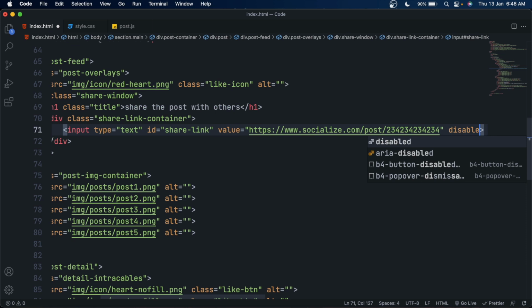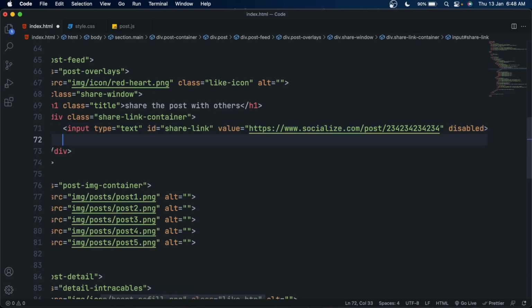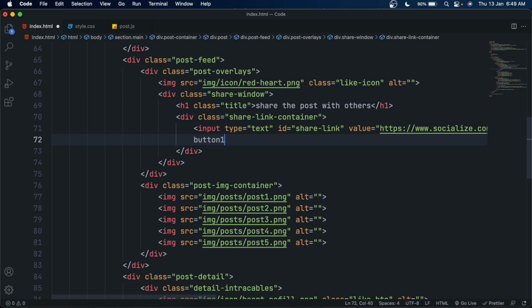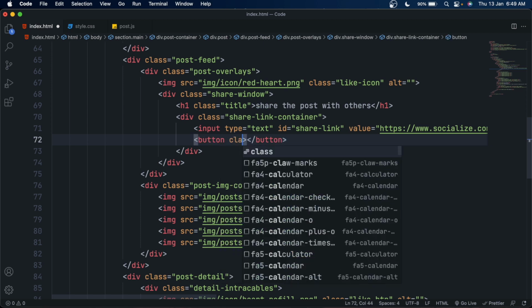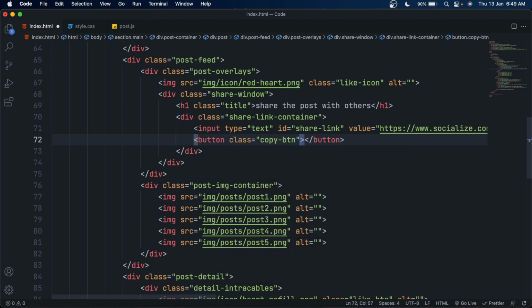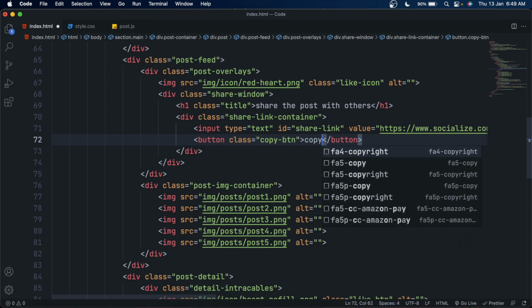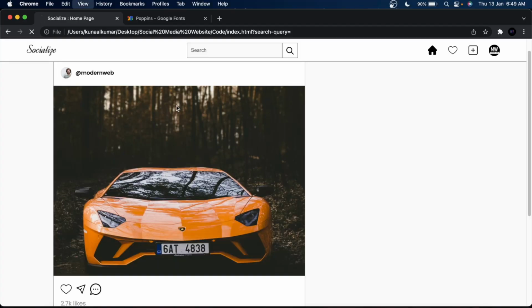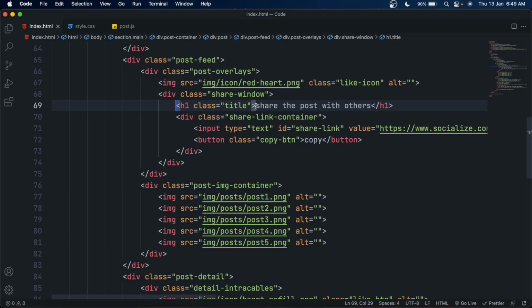We don't want the user to change the input, so add a disabled attribute at last, and then make a button element and give it a class, let's say copy btn. This will be the btn to copy the text, and inside it just say copy. So if we see the output, you can see we got the heading, we got the input, and we got the button. Now let's style it and make it look awesome.